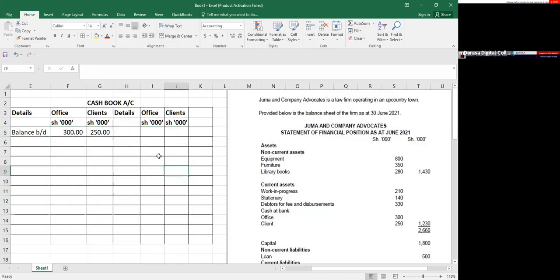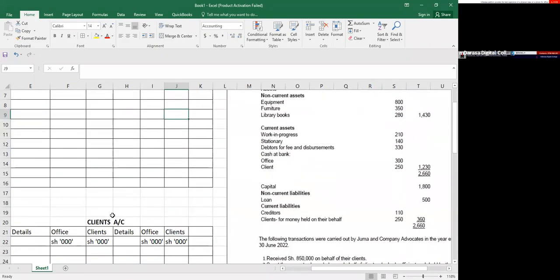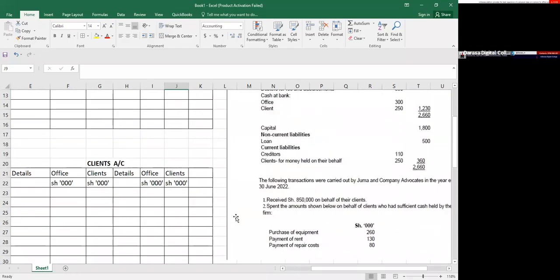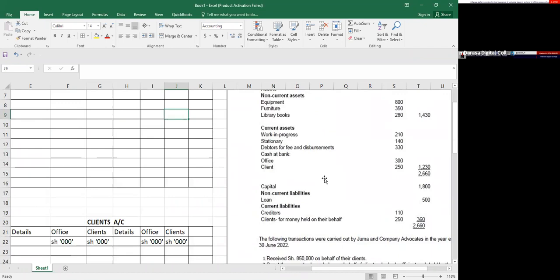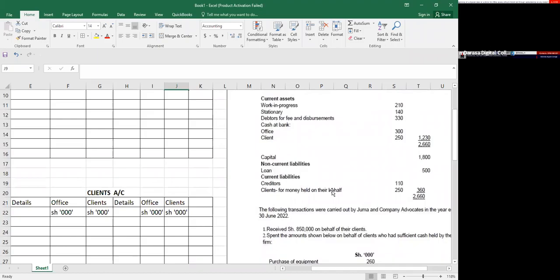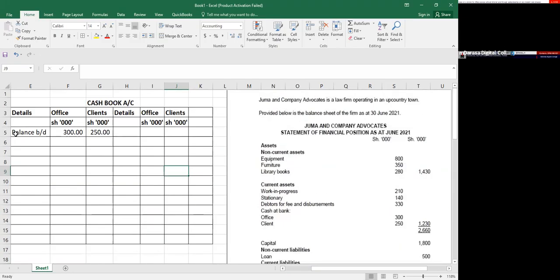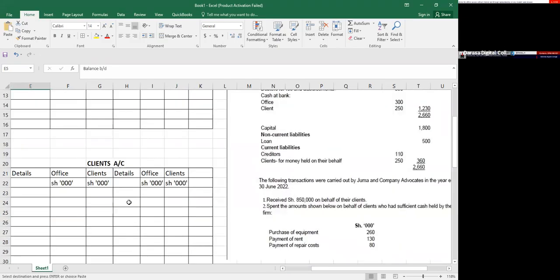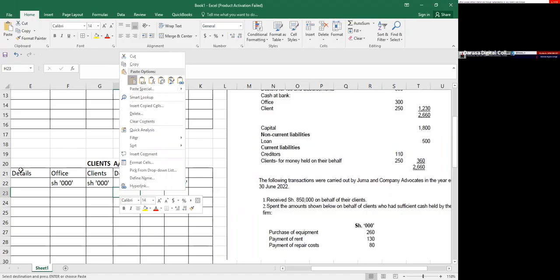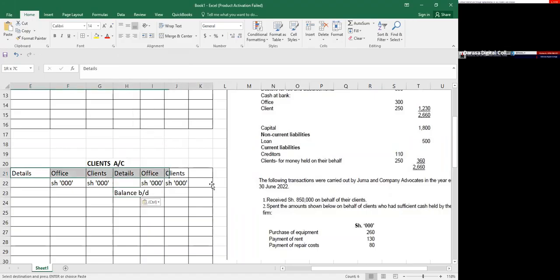After that, we consider the other item. The other item that we'll be having, my good student, is what? Our client's account. The question will be, where are we going to get a balancing figure in our client's account? That will be simple, because this is what you're supposed to do. Go to your statement of financial position under liabilities and check the client's balance. So in this case, I'm having the clients for money held on their behalf. I'm having 250. So therefore, the same case, that is a liability. So opening balance is on the credit side, where I should be having my opening balance at that point.